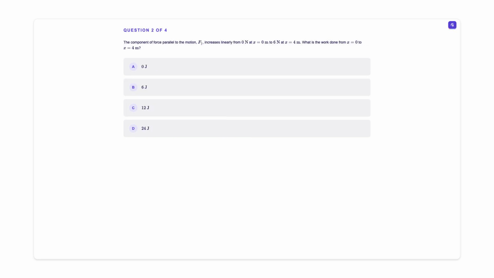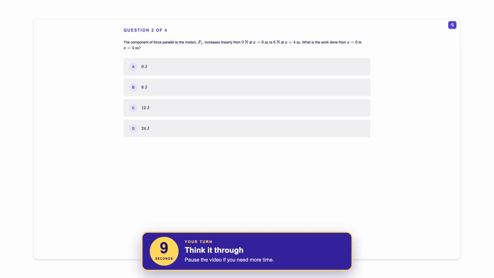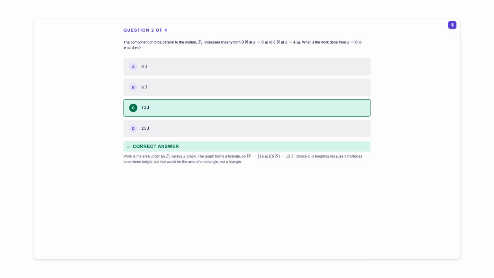A force component parallel to the motion increases linearly from 0 newtons at 0 meters to 6 newtons at 4 meters. What is the work done from 0 to 4 meters? Work is the area under an F parallel versus x graph. The graph forms a triangle, so W = 1/2 (4 m)(6 N) = 12 J. Choice D is tempting because it multiplies base times height, but that would be the area of a rectangle,